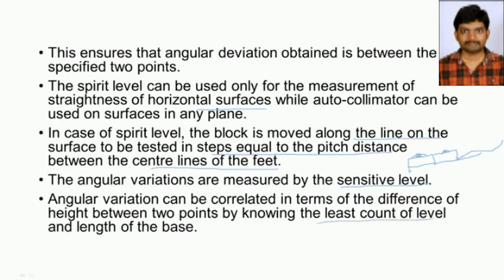Now with this we will conclude this session. So in this session we learnt about the importance of geometric tolerancing, and what are the terms associated with dimension feature measurement, and then we also learnt what are the various methods of measuring the straightness, and out of those methods we started the discussion on measurement of straightness by using the spirit level. So with this we will conclude. In the next session we will continue the discussion on straightness measurement by using various methods.